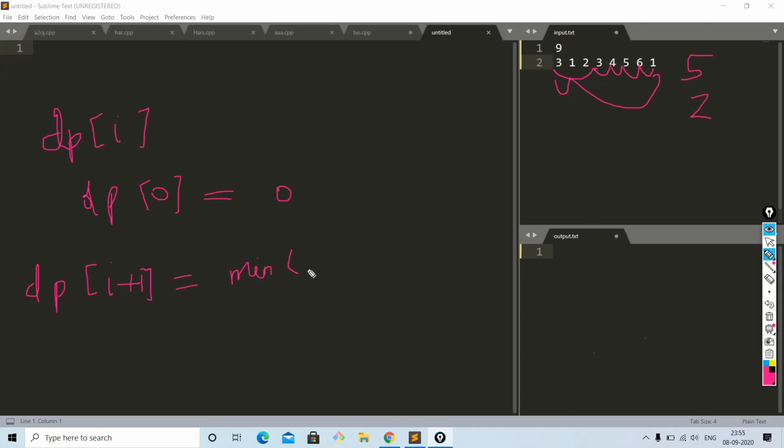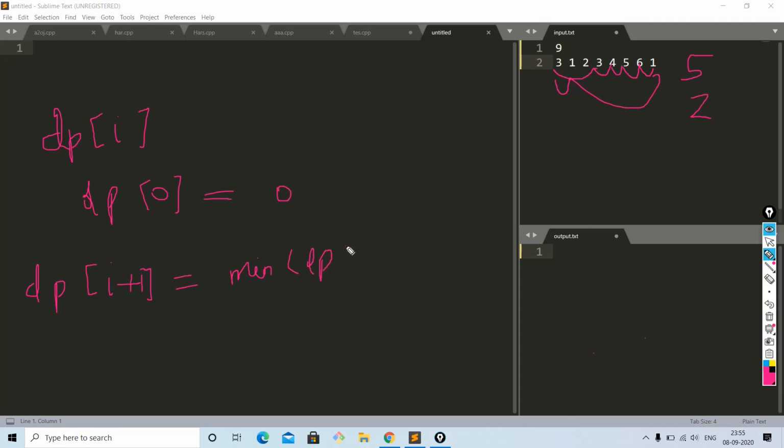We can even fill it with n, because the maximum number of steps will always be n minus 1. So we can fill them with n because it's not possible. So dp of I plus 1 will be the minimum of dp of I plus 1,